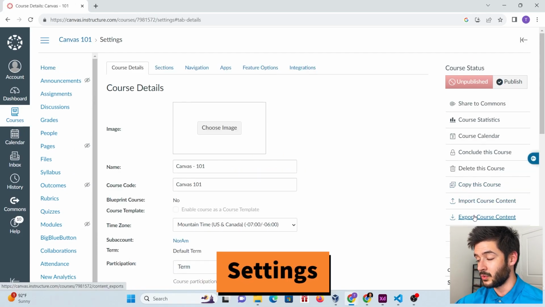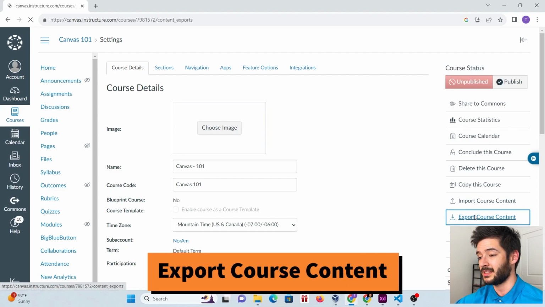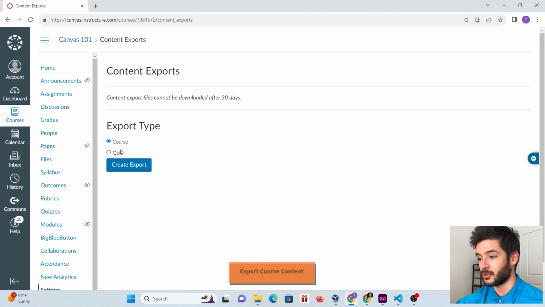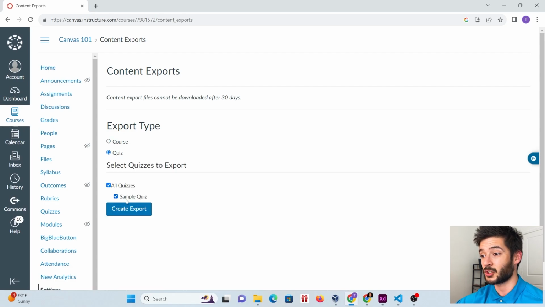Then what you want to do is export course content. And I have a couple example quizzes in here that I'm going to export. When it says export type, select quiz. And then you don't want all your quizzes. If you want all your quizzes, leave this check mark. But in this case, I just want my sample quiz, uncheck all quizzes, and just select sample quiz and then